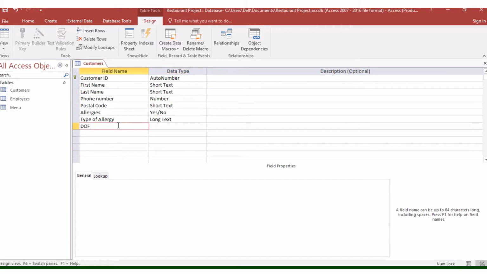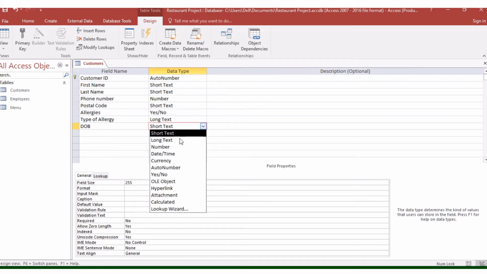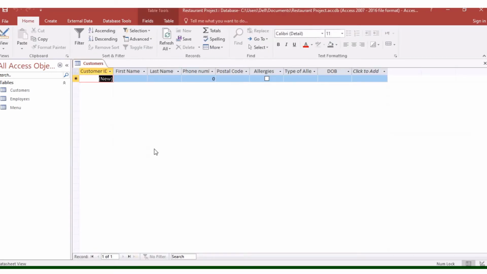Sometimes we want to celebrate their birthday, so date of birth would be necessary for that. I will add date of birth here. So this would be date and time. And I think we're good with these fields. So I'll right click here, save my work, going back to the datasheet view, and I'll start adding the customer